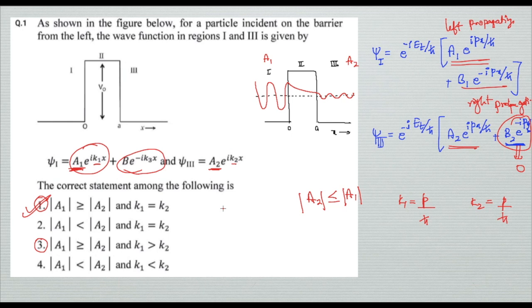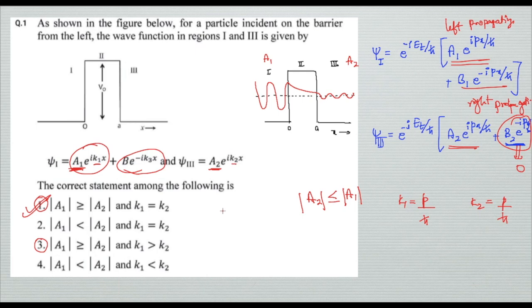So that's all from my side, guys. I hope this was clear to you and you understood how this will be solved and what the correct answer of this question is. I have tried to solve all the physical chemistry questions from part B, that is section B of 2 markers in your CSIR NET exam which were asked.